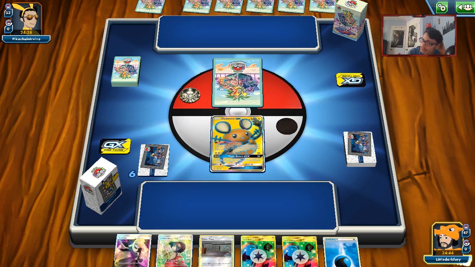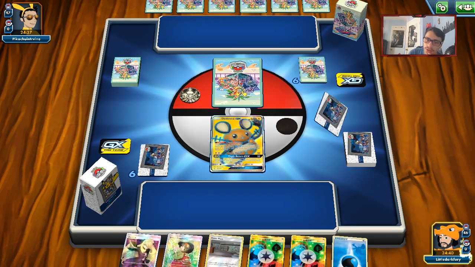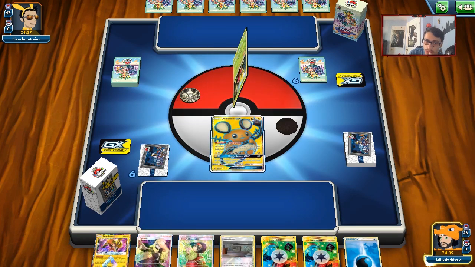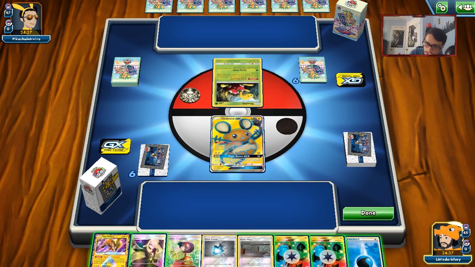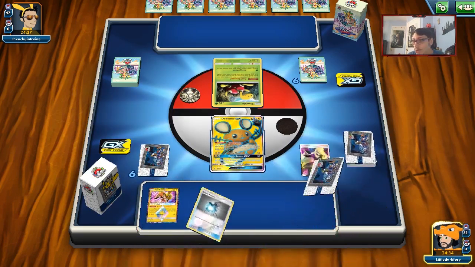So we're gonna have to find our U-Turn Board. We'll have to get Silvally or get a Switch. Not good. Let's see what we draw here. Coco Prism's pretty nice. Okay. The rest of our hand's kind of bad. We'll play that down. We'll Cynthia. Hope to get a good...